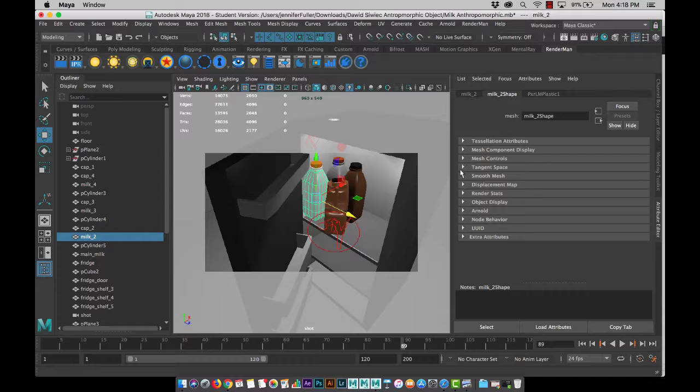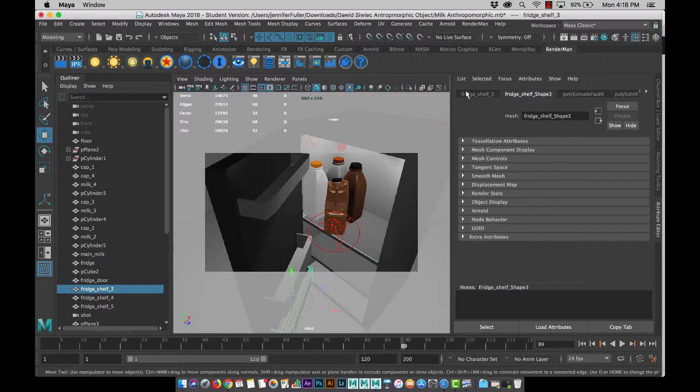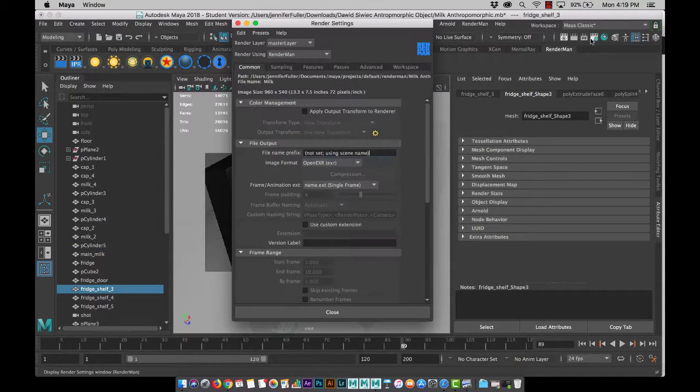All right, now on to this one. I really love the angle that you've created here to see it. I would probably turn up the resolution here so that you could have a nice portfolio piece. Your preview looks fine, but I would try to have a larger resolution, and then you can always bring it down. And again, to change that, we just go into our settings here